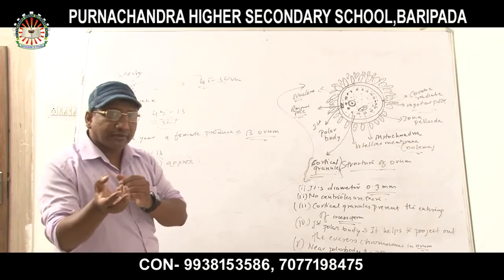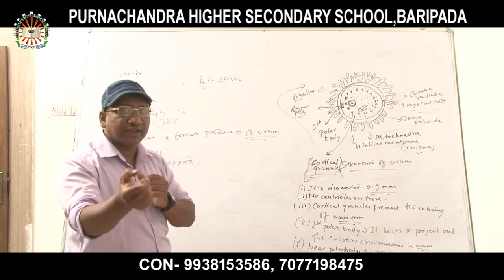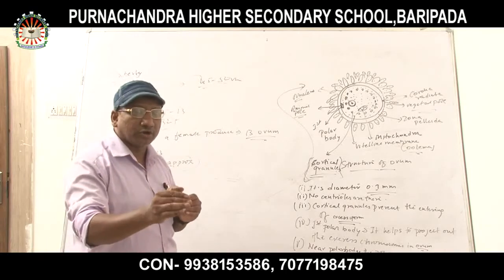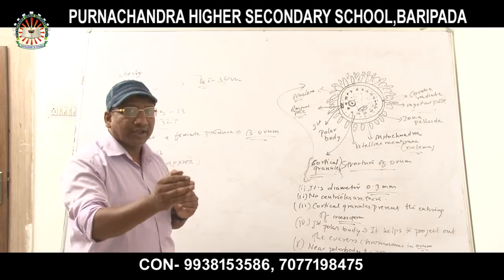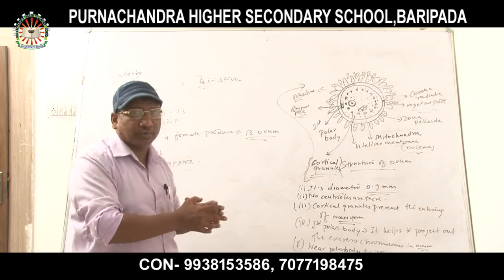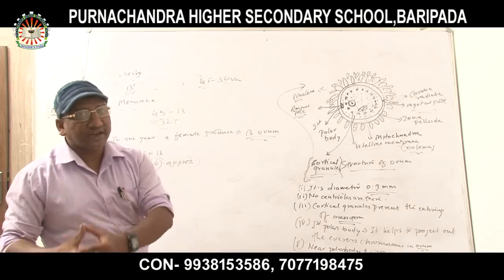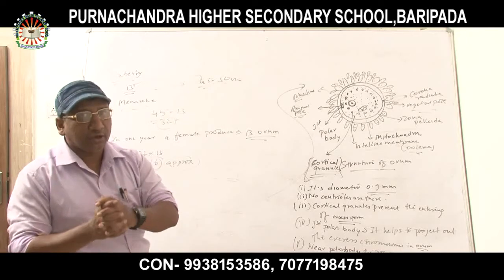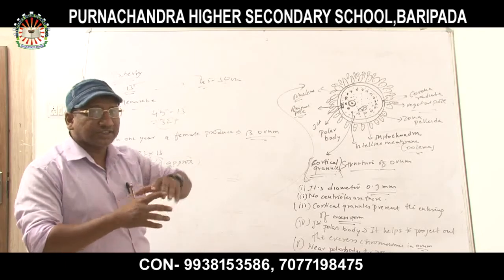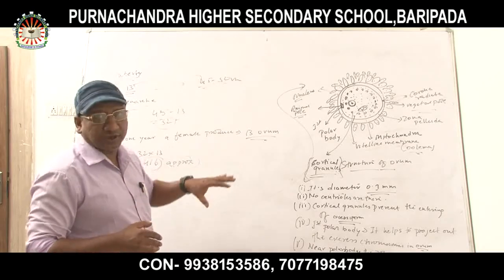After the ovum is released from the Graafian follicle, the follicle turns yellow in color due to luteinizing hormone. The Graafian follicle turns into the corpus luteum, and that corpus luteum will produce progesterone and estradiol hormones, which help in the development during the menstrual cycle. So this is oogenesis and the structure of the ovum, which I have explained to you today.